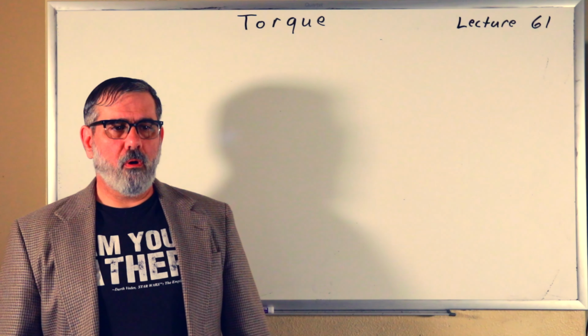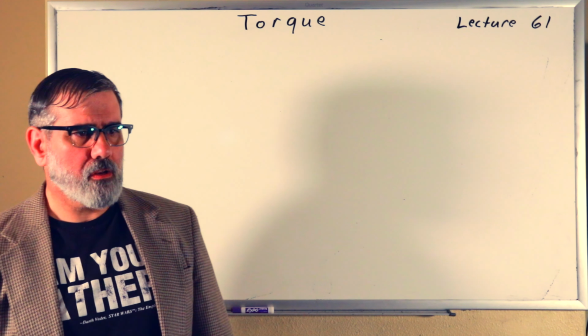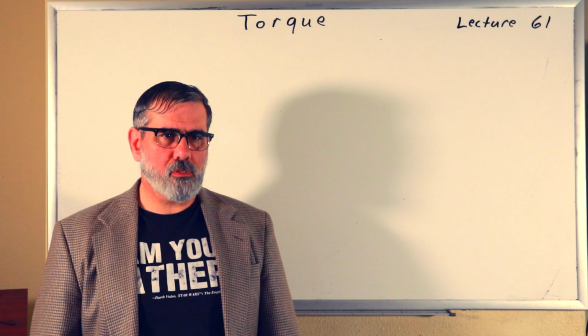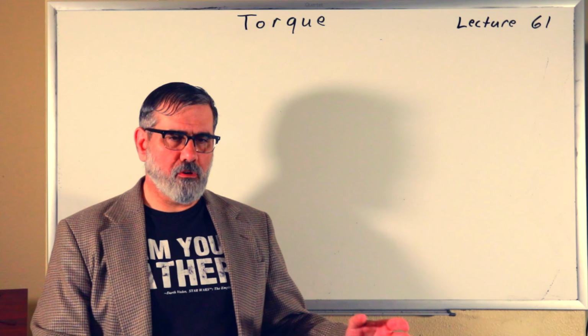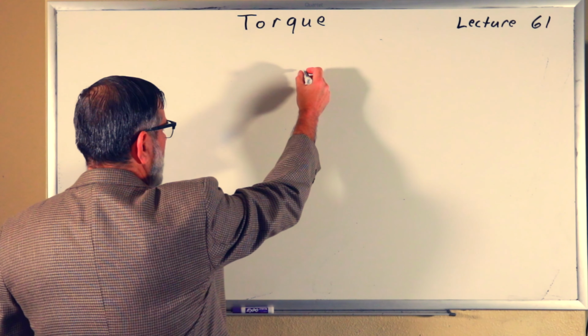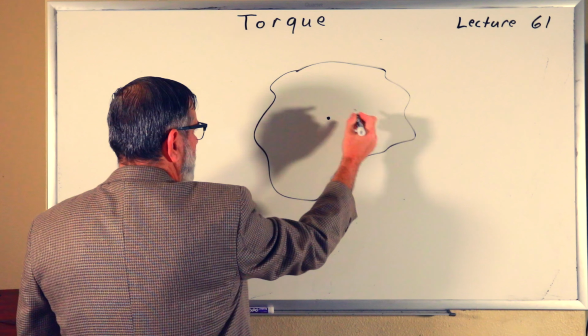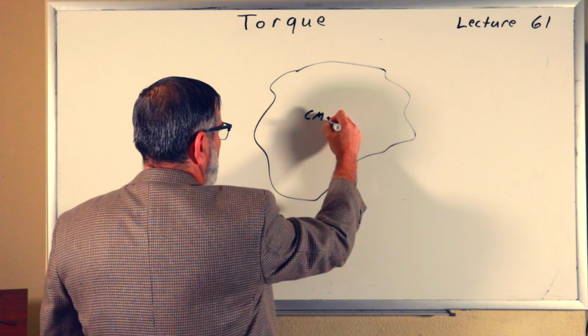All right, lecture 61, this is on torque. Torque is the rotational analog to force in linear motion. So in linear motion we have force, in angular motion we have torque. If I imagine a generic rigid body of arbitrary shape, you can calculate its center of mass, and that is